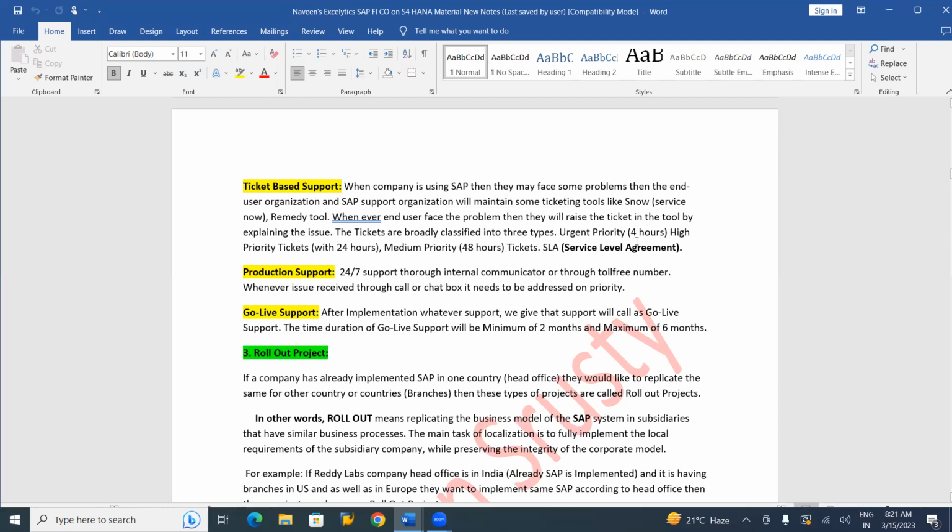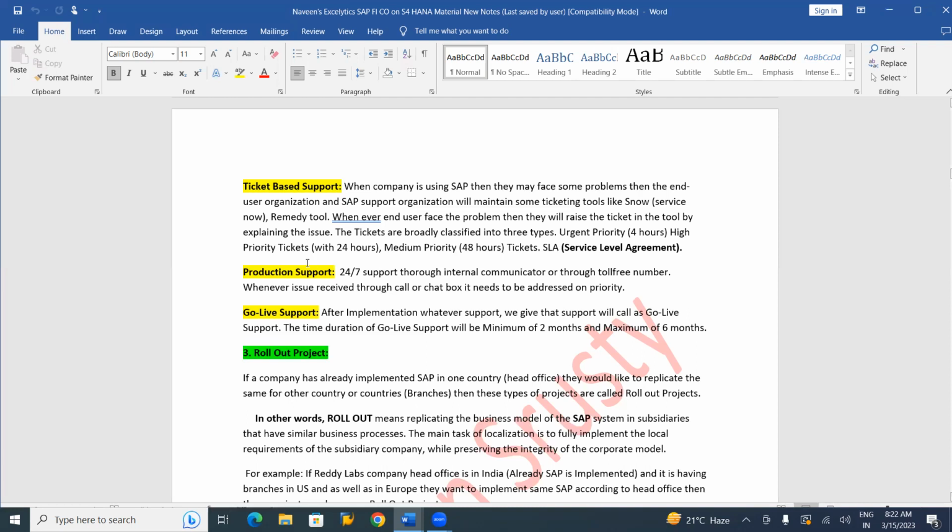As soon as you receive a ticket, a pop-up will be reflected or it will be assigned to you. It is marked as urgent priority, so the turnaround time would be 4 hours. Within 4 hours, we need to address, not resolve. You can explain this is the issue, and it will be resolved by so and so time. We need to send the response to whoever has raised the request, so that we are giving information before resolving it.